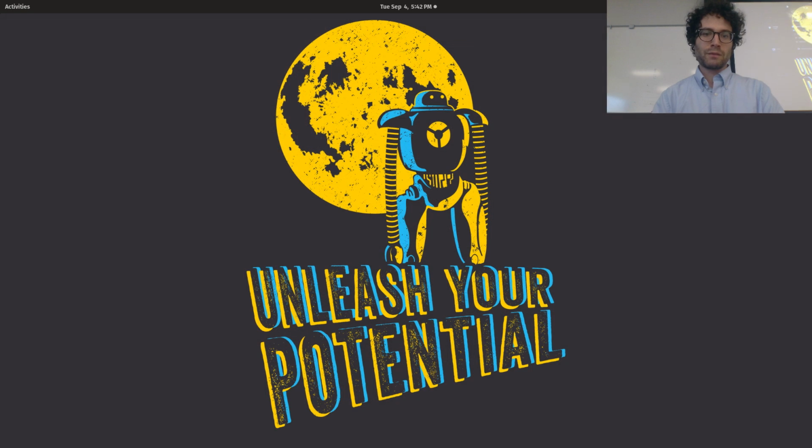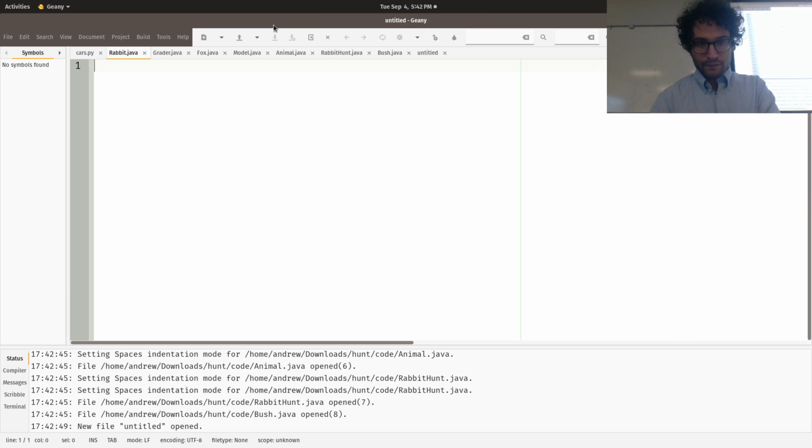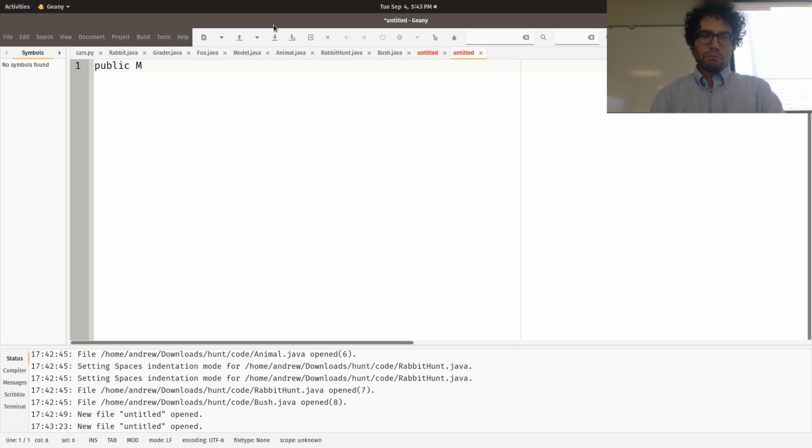So let me pull up a basic text editor again, because that's all I need right now. If I made a public class my thing, and this is generic over here, that's all I really need to do to declare that this object has generics in it. And then I could put E some data there, right? Now the kicker is if I were to go into a different class, let's call it public class maker, public static void main string args, what I could do is say my thing,